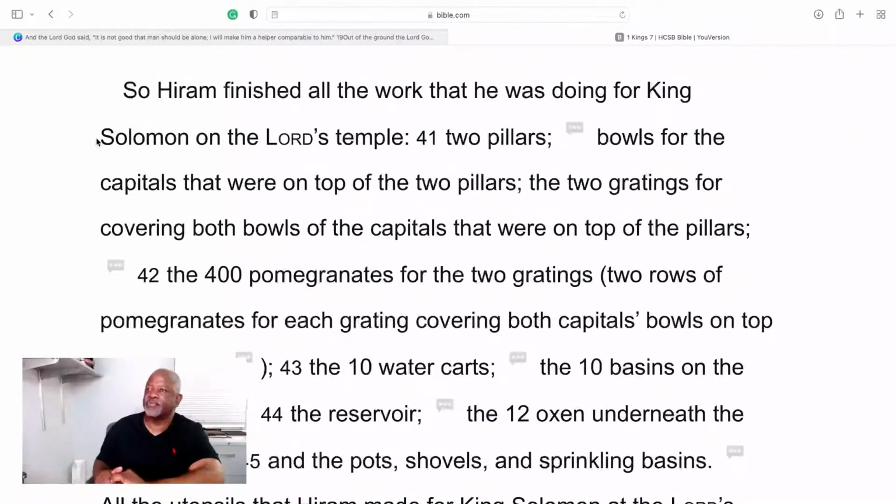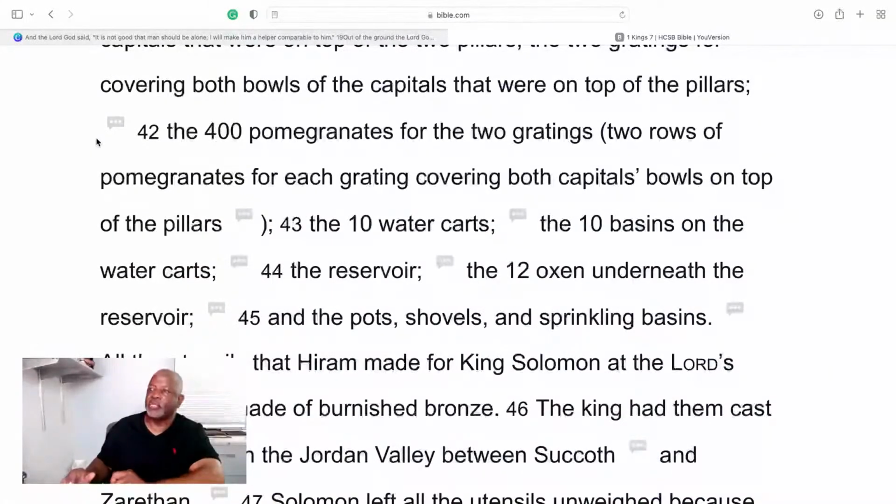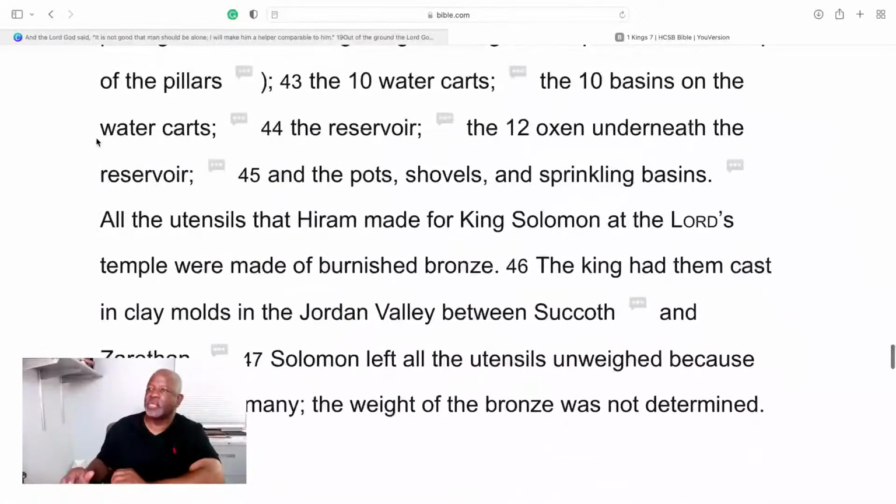2 pillars, bowls for the capitals on top of the pillars, the 2 gratings for the covering of both bowls, and all of the capitals that were on top of the pillars. The 400 pomegranates for the 2 gratings, 2 rows of pomegranates for each grating, covered both capital bowls on top of the pillars. The 10 water carts, 10 basins, the reservoir, 12 oxen underneath the reservoir, and the pots,